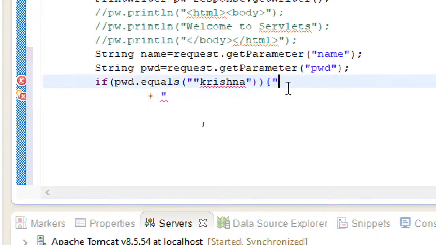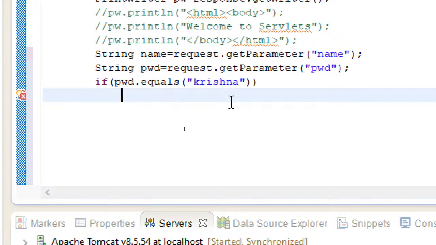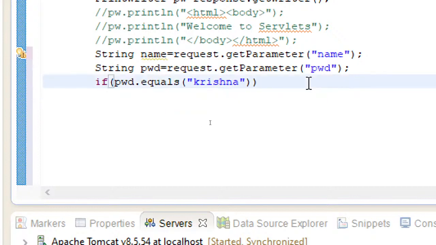Okay, here double quotes is understood. So if the password is Krishna, then I'll be using this request dispatcher.